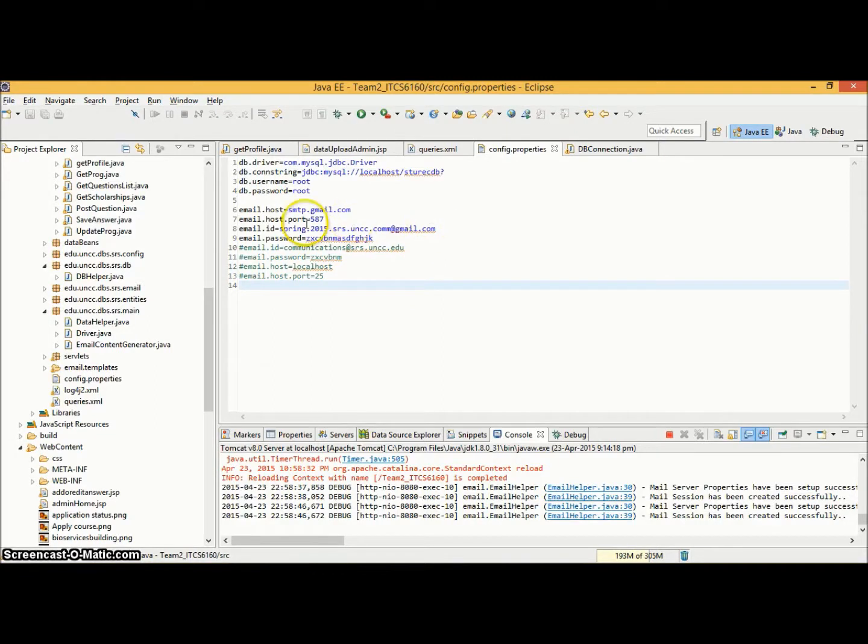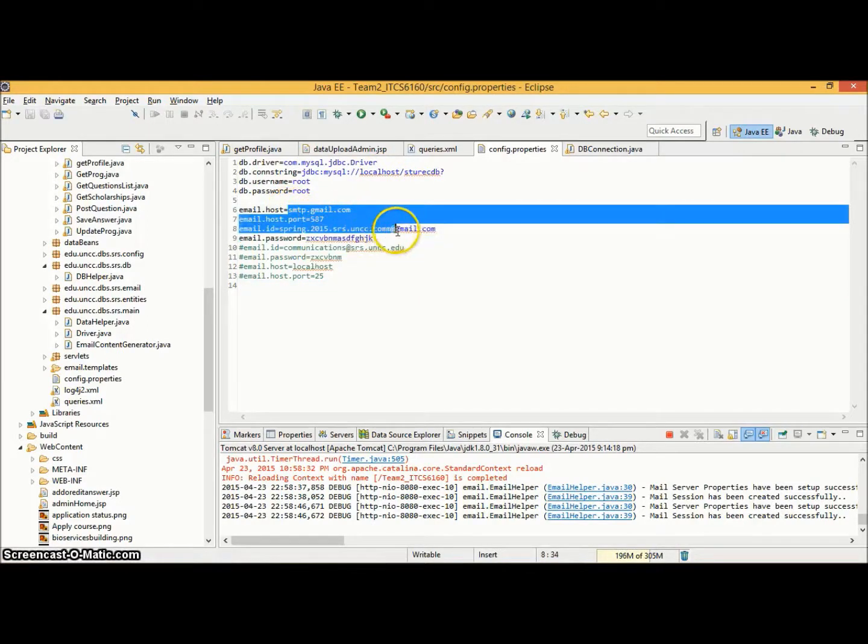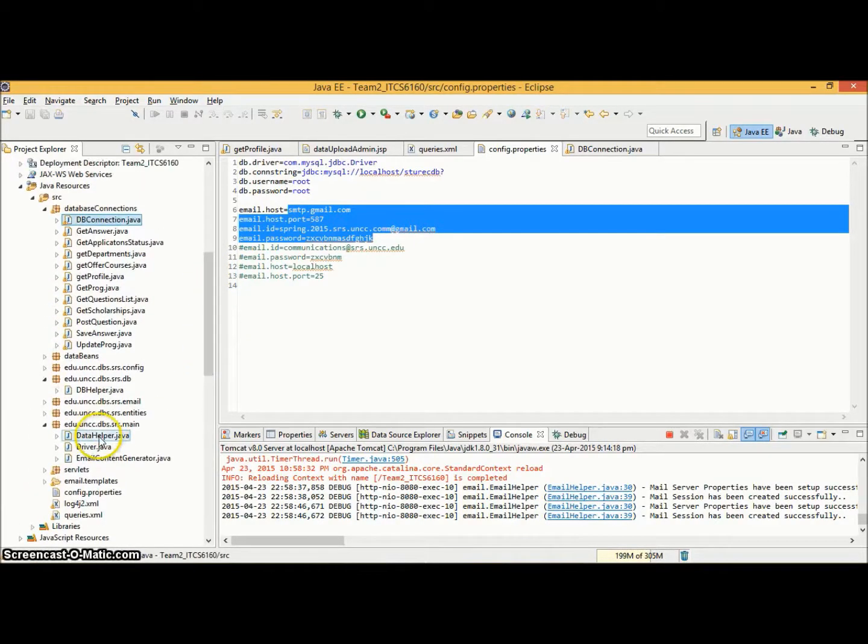So this config.properties that you see here hosts the connection details as well as the SMTP connection details. We are currently sending the email using a configured Gmail SMTP.